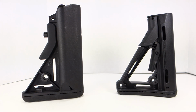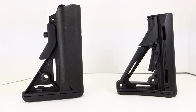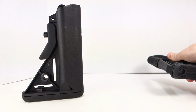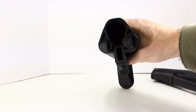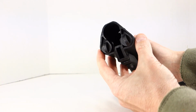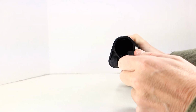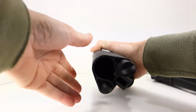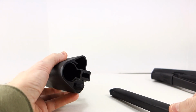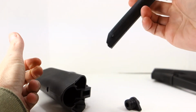Let's see, the other differences noticeable right off the bat. The Magpul doesn't have any additional storage capability for any tools or batteries or anything like that. The B5 Enhanced, as you can see here, you have on either side of this enhanced cheek weld a little cap which you can turn and pull like so, and you have a tube that comes out. Actually, 2 of these, and this cap has got O-rings on it, and it is waterproof, and it is designed